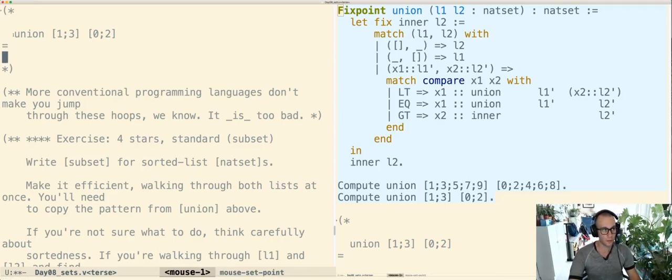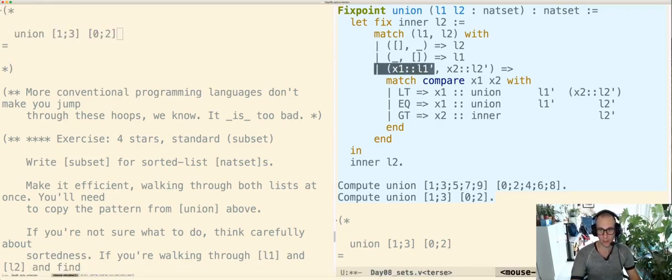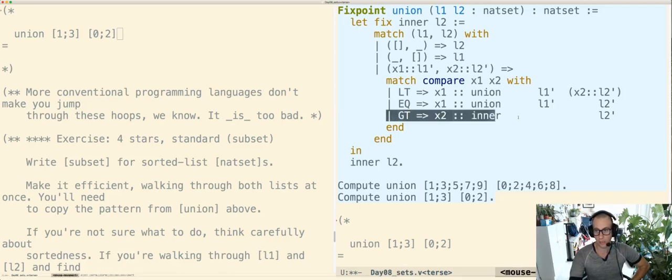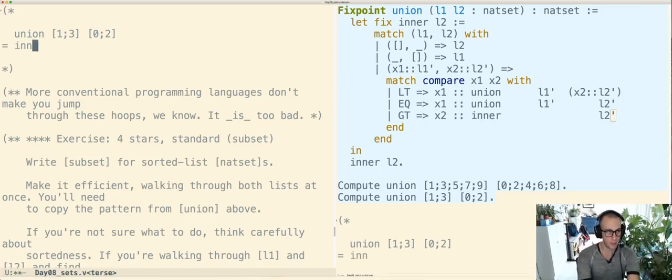So union 1, 3. Which case are we going to be in? Well, we'll be here. This will be 1. This will be the list just 3. This will be 0. This will be the list just 2. Okay, so we're in this case. So that's going to be equal to inner, so it'll be 0 cons inner, just the list 2,